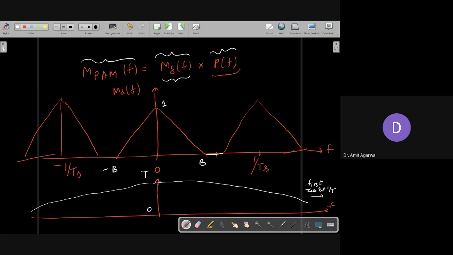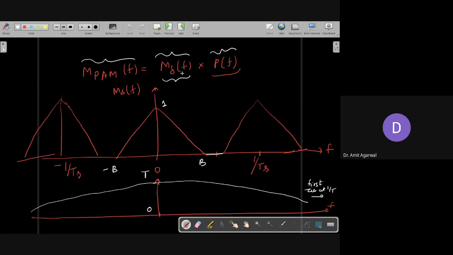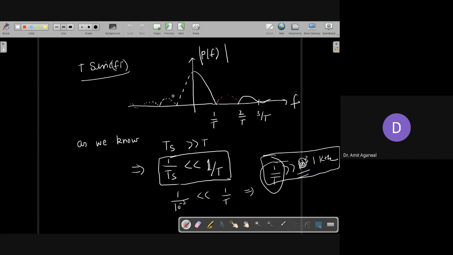So since the first zero of this is at 1 by t, and 1 by t is quite large compared to 1 by ts, so this is 1 by ts. So how would your sinc signal look like this? Do you agree? Because 1 by t is very large as compared to 1 by ts. So the multiplication of